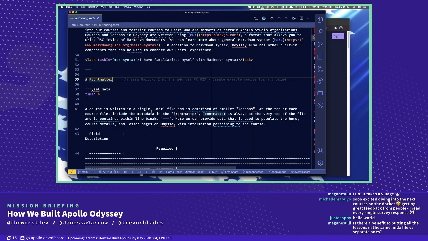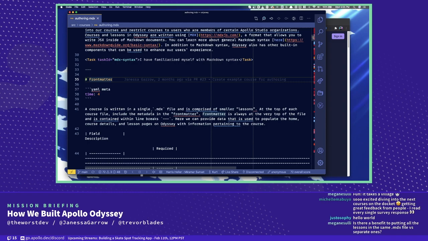Also, maybe Michelle can speak to this point, but coordinating the flow of a course from lesson to lesson might be easier as you're authoring it, reading it all in one continuous stream of text and content.